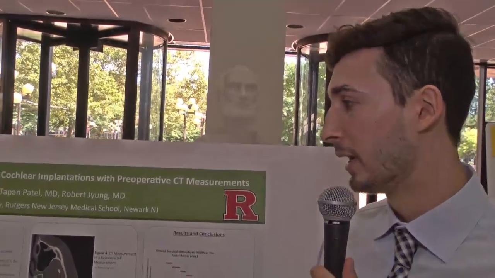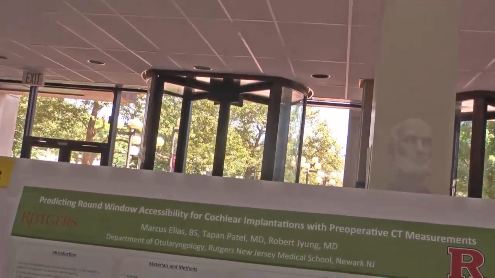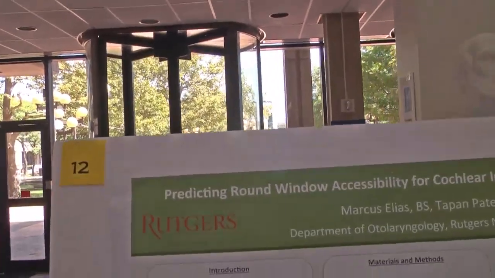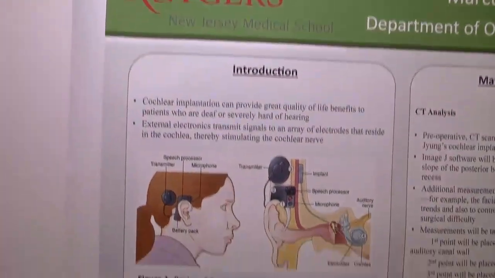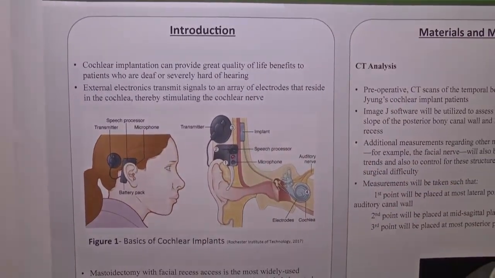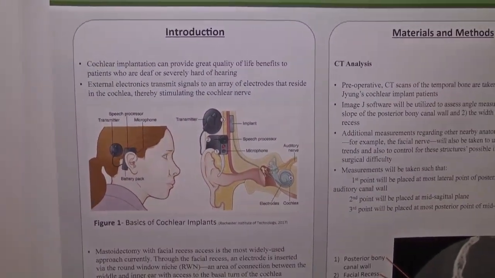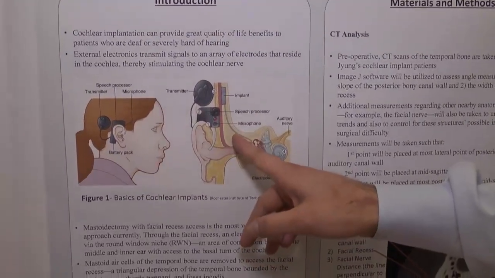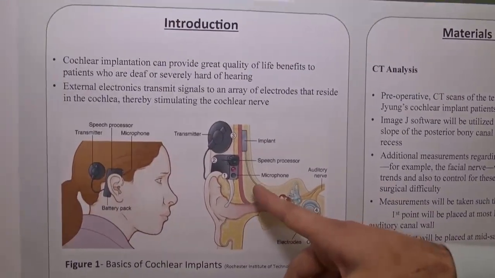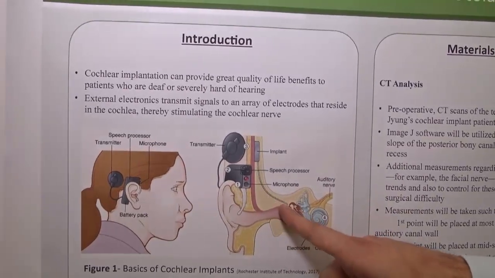There's internal hardware and external hardware, and a major portion of a cochlear implant surgery is when Dr. Jung has to insert an electrode through the middle ear into the inner ear and through into the basal turn of the cochlea. So right here, inserting the electrode through the basal turn of the cochlea so that the auditory nerve can be stimulated. And so a major part of this surgery is the insertion of this electrode through the middle ear and into